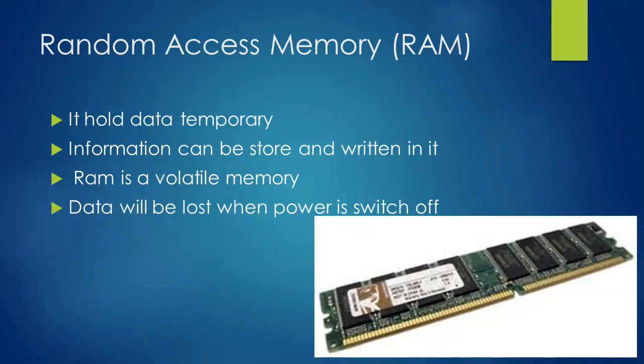Why is it called volatile memory? Because once power is switched off, all data will get erased. While on second category that we discussed, that is ROM hold data. ROM is permanent memory. You can't change data. You can't even store or write data on ROM. While RAM provides the facility that user can write information, can store information in RAM.